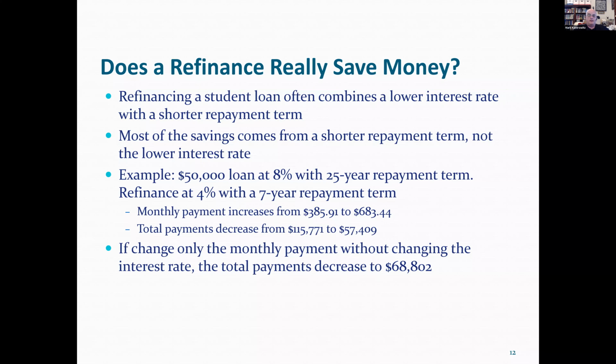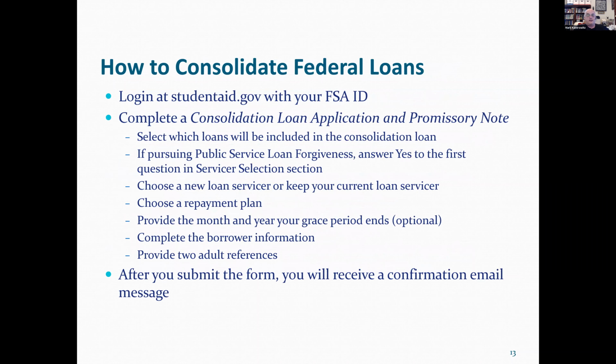So now let's talk about how you go about consolidating federal loans. You go to studentaid.gov. There used to be a website called studentloans.gov that made this a lot easier, but they merged it into studentaid.gov. If you go to studentloans.gov, it'll just redirect you to studentaid.gov. You're going to need a login with your FSA ID. That's the same username and password that you used to submit the FAFSA. If it's been more than 18 months since you used it last, you might have to reset your password. And you look around and you find a consolidation loan application and promissory note,